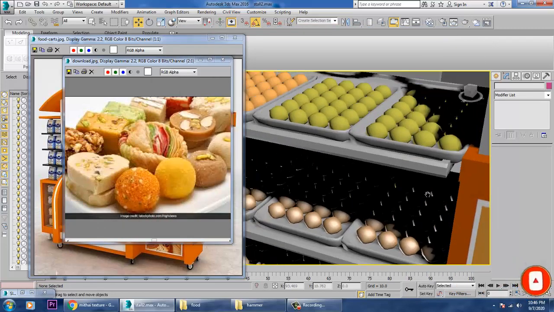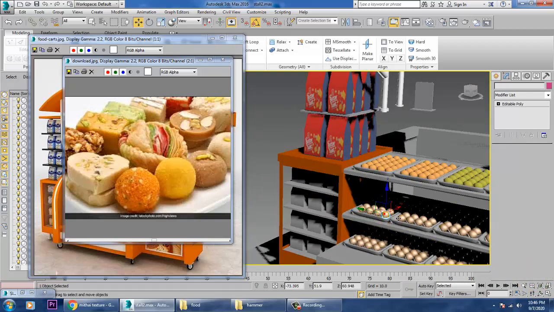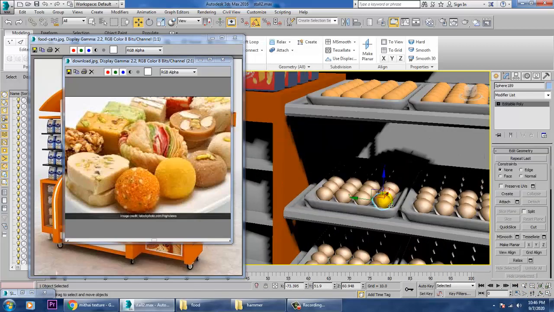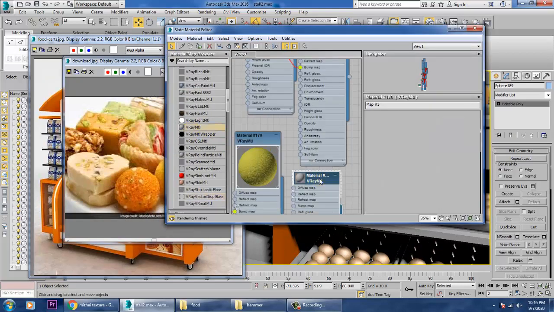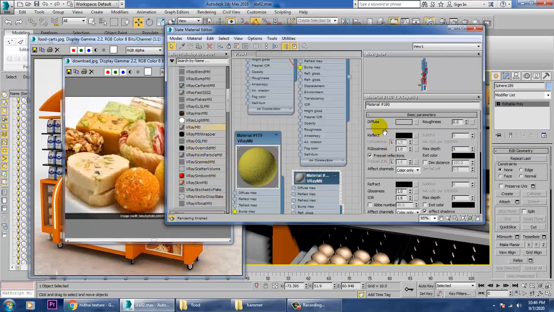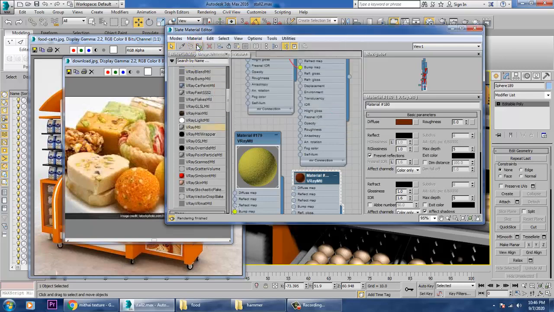So as you can see over here, we have assigned some different textures now. Again go into the material, take a Vray material, and let's take an eyedropper tool. Just give a color,